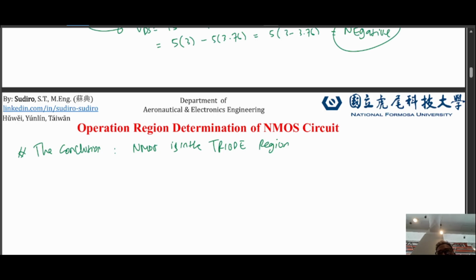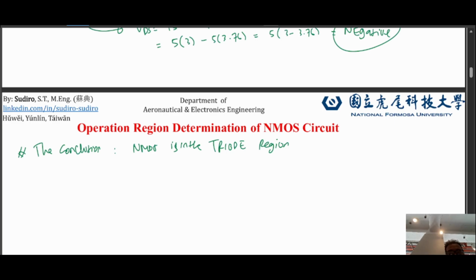We can stop our work here, and we can be confident to say that NMOS is in the triode region. However, I want to show you that our conclusion is correct. So I will give you the bonus here by proving that the NMOS perfectly satisfies the triode